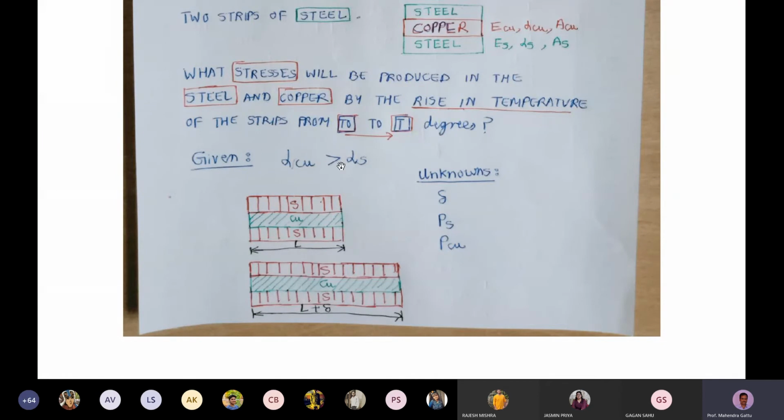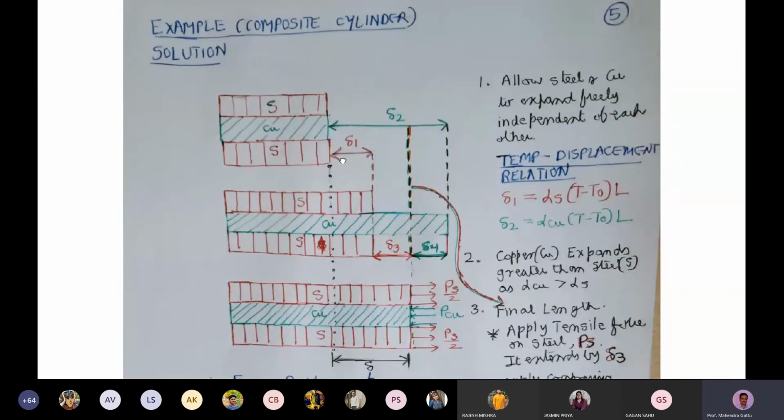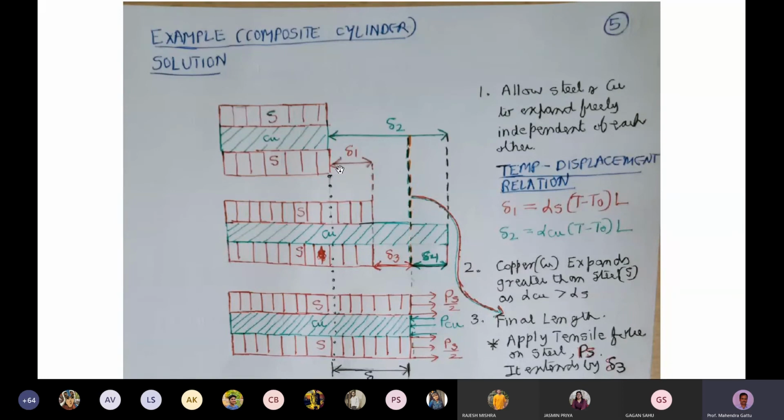If both are equal, there is no internal stress, and the problem is very straightforward. So we will now analyze how to handle this variation in thermal expansion. We will look in the next slide. So what we have is, we will again use the principle of superposition to solve this problem. If you look carefully here, we have the steel, we have the copper, and we have again the steel